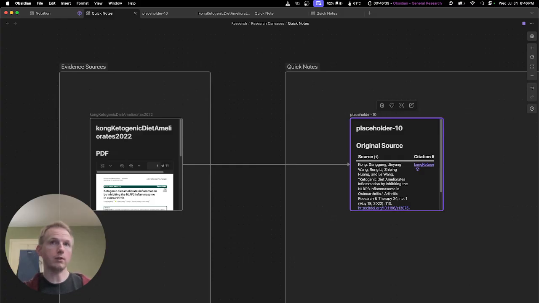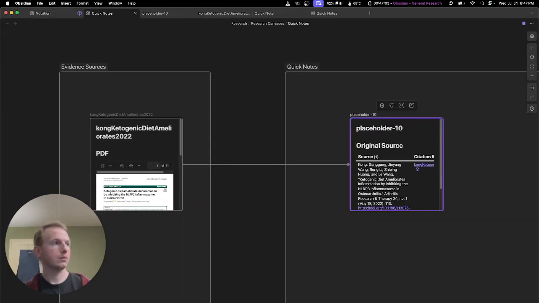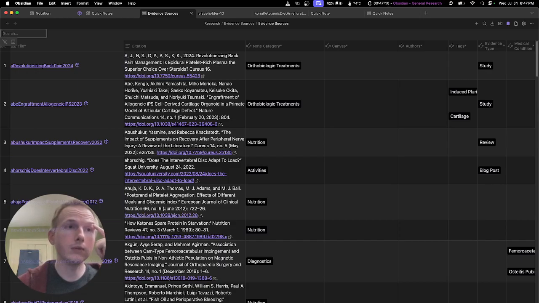So that would extract all the metadata, and then from there I copy the citation key into here as the file name. I copy the citation,